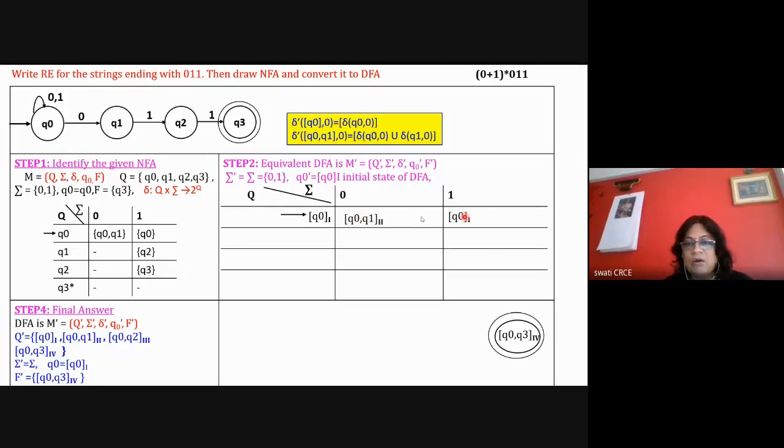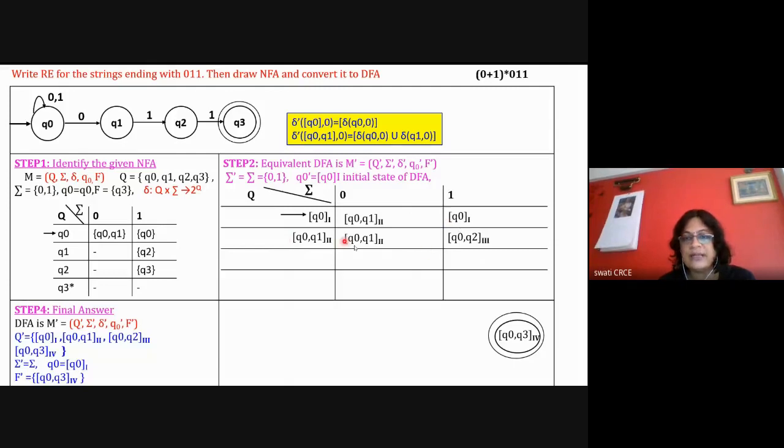Now you see which is the next number. The next number is 2. So take the next numbered state, Q0, Q1, 2, and then check for 0 and 1. Here, Q0, Q1 with 0 is Q0, Q1 union dash, that is what is mentioned over here. So it is the same state combined together. Then Q0, Q1 with 1 is Q0, Q2. So Q0, Q2 in square brackets is numbered as 3.